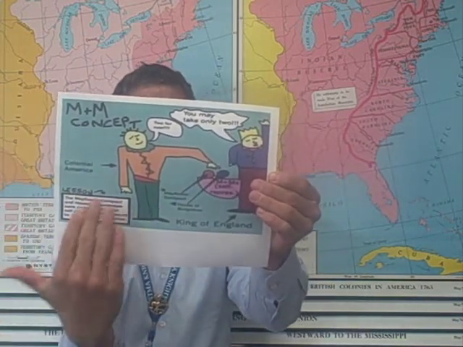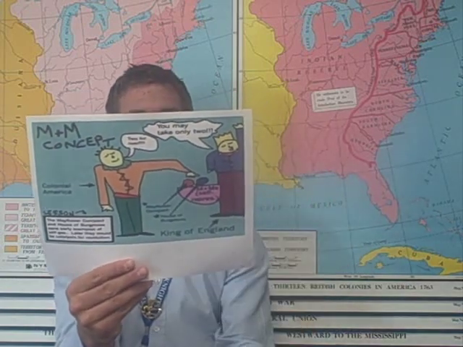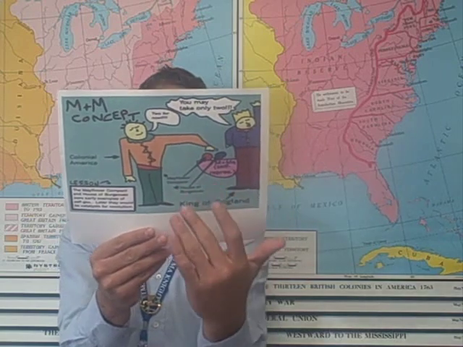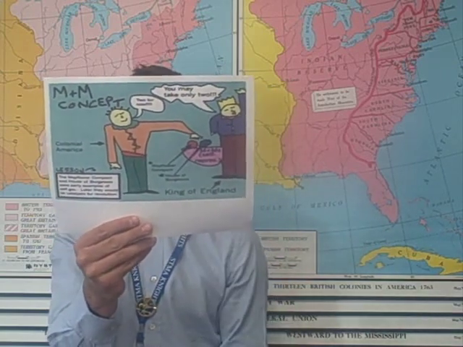We've got colonial America, we've got the King of England right here, and the King is basically saying, colonies, yeah, you can have a couple of M&Ms, you can have the House of Burgesses, you can have your Mayflower Compact, but that's all you get. And of course, after a while, the colonists are going, well, wait a second, we want more M&Ms, we want more representation. And we're going to see how this M&M idea, where you've been given a little bit and then you want more, is going to eventually lead to our Declaration of Independence.